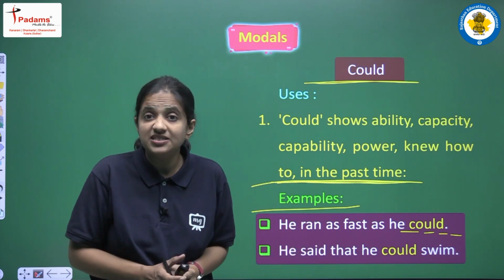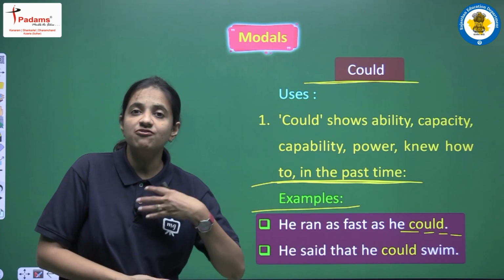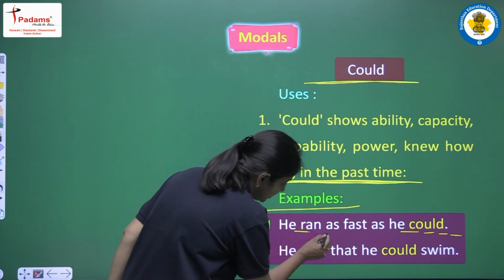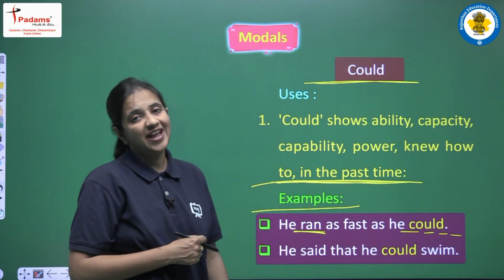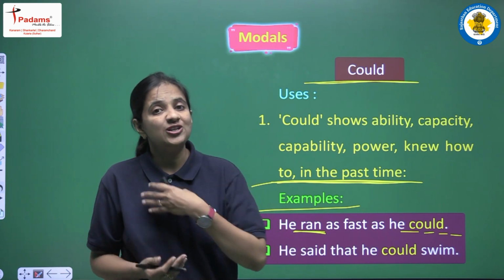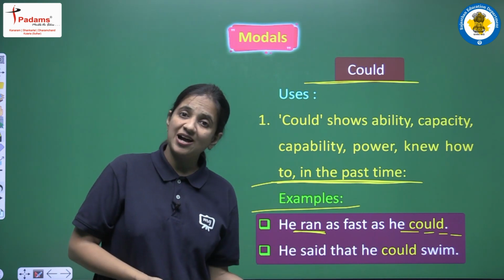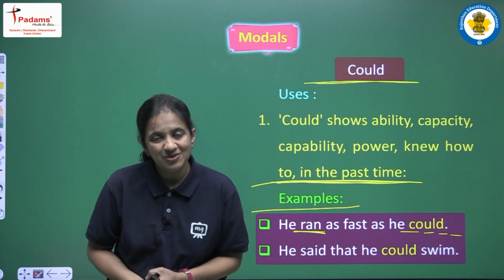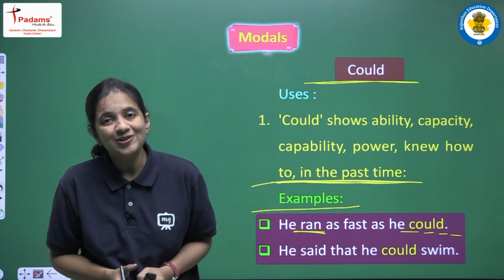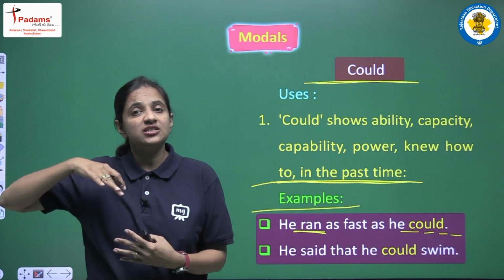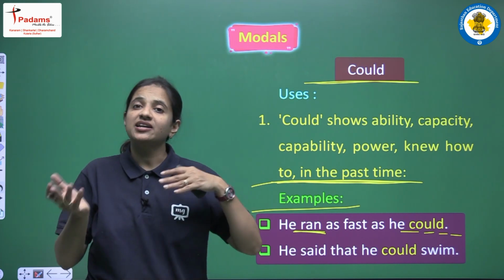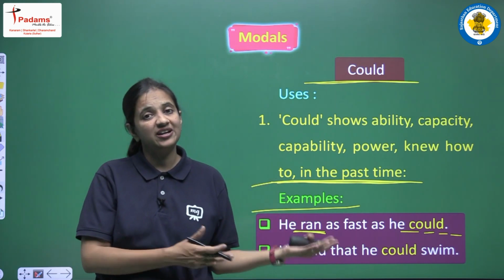जिसकी जितनी उसकी कैपेसिटी थी उसके अकॉर्डिंग वो उतना ही फास्ट उसने रन किया. But here we have to observe this thing, that we are having ran, which means we are having the second form of the verb, and again here the knowledge of the tenses will be useful to you, right? So again I am repeating this thing, that first of all our first topic tense is a very important topic, because the tense topic is used not only in solving tense sums and sentences, but in solving many other grammar topics.